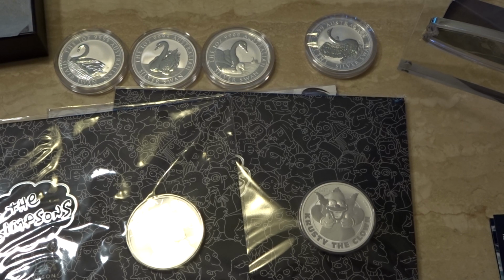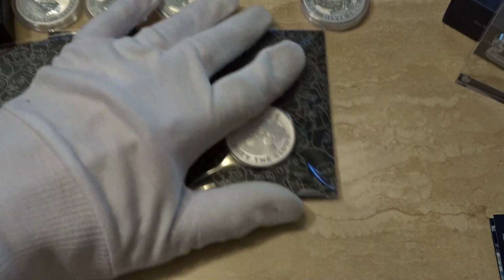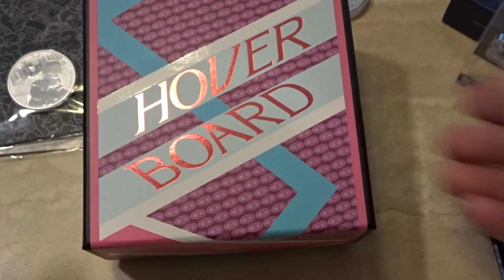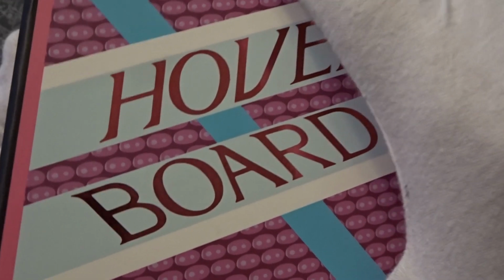Oh yeah, by the way, I was going to liken the surfboard coin to a previous coin that came out from the Perth Mint some years ago, and that was this one there, the hoverboard from Back to the Future. It reminded me of this coin. Some of you will remember this, and the DeLorean coin that came out at the same time. This is a really cute coin. I'll just show it to you again. This came out in 2015,